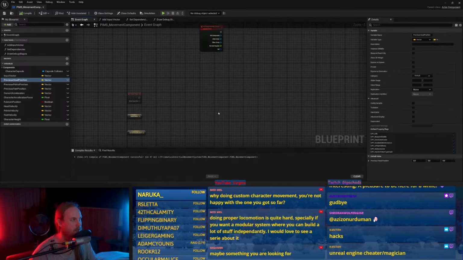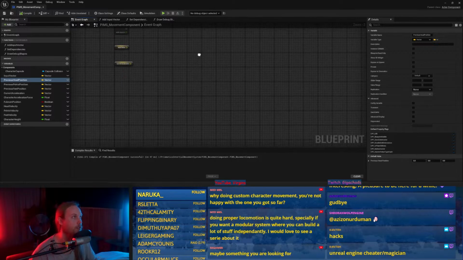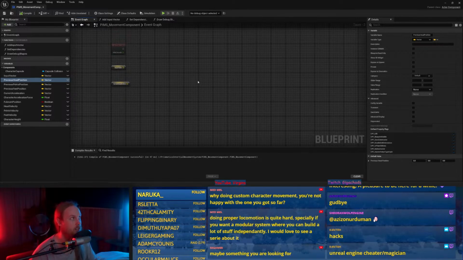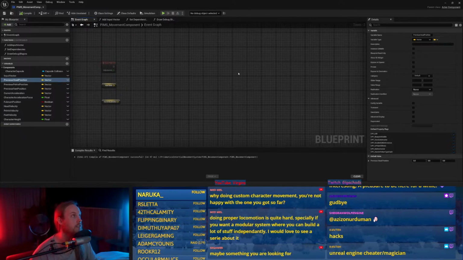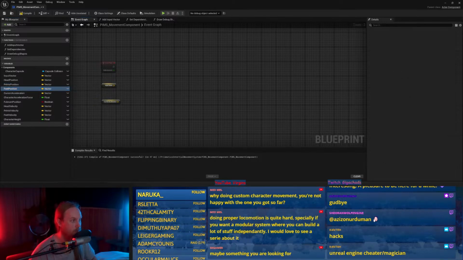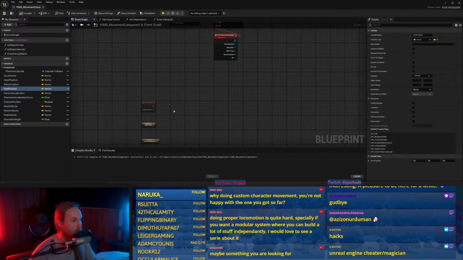But this one is the other way around. We know the acceleration because we are accelerating the character. Therefore, the velocity is the accumulated acceleration, and then the position is just the position plus velocity. So we don't need the previous positions because we're not trying to figure out the velocity. We know the velocity to begin with. That's kind of the whole point.